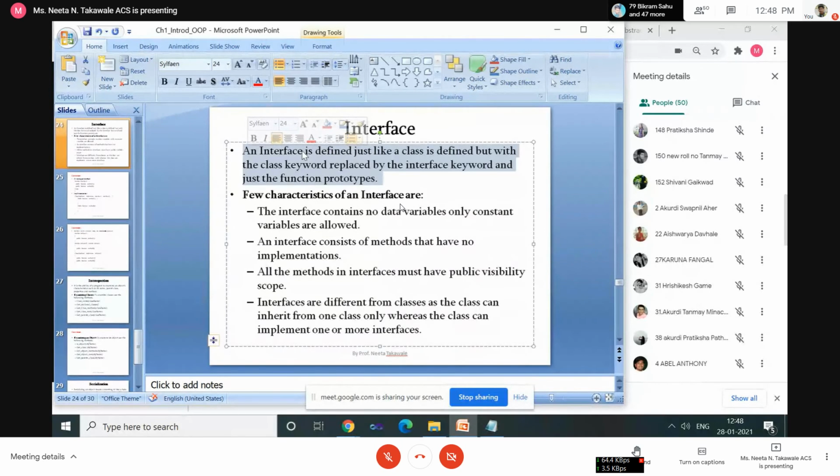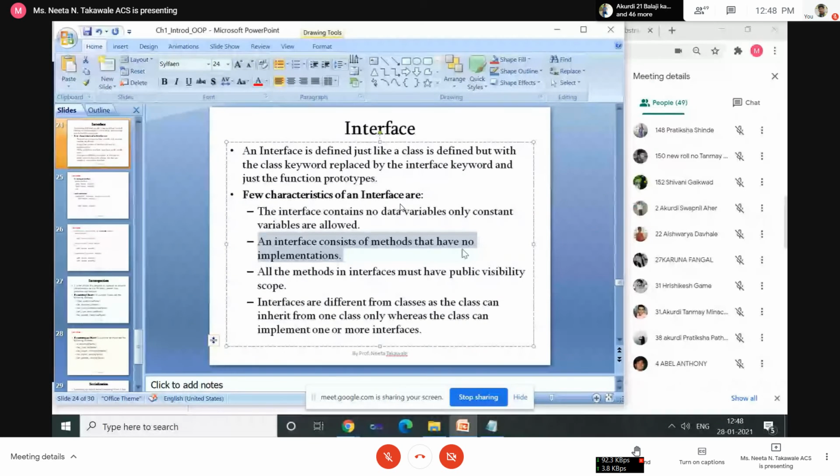Okay, and some of the characteristics of an interface are: the interface contains no data variables, only constant variables are allowed. In an interface class, we cannot declare variables. We can declare only constant variables. Okay. Then an interface consists of methods that have no implementation.